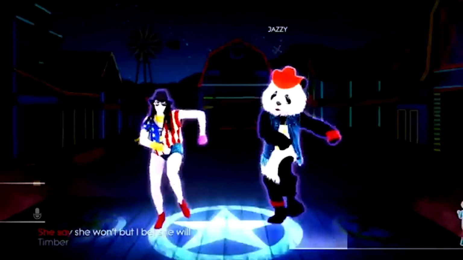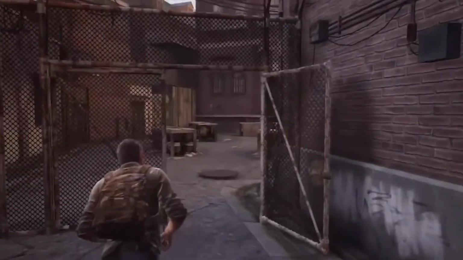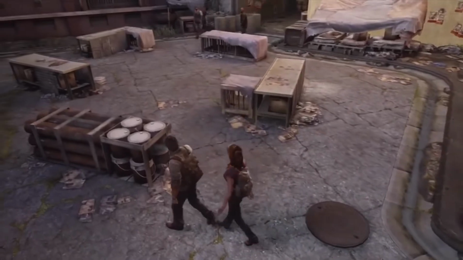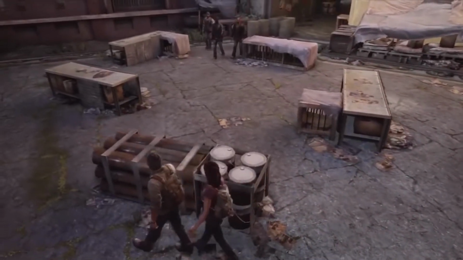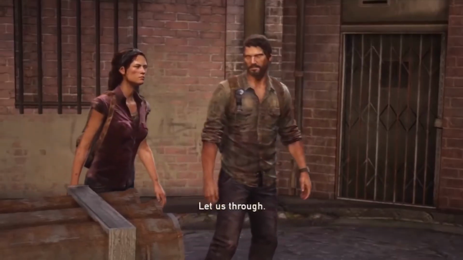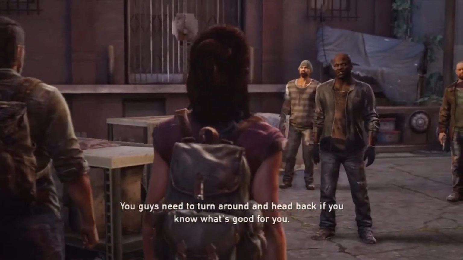Let's take the game The Last of Us. The sound design of the game is awesome because not only does it set the tone, but you can feel the tension of each cutscene, each encounter, and each time you shoot a gun. Remember, sound design is always a part of the narrative of a game, so you have to pay close attention to the sound that the game is making.